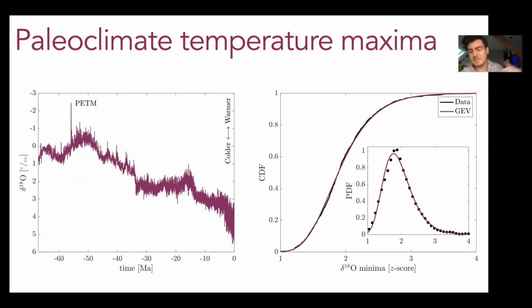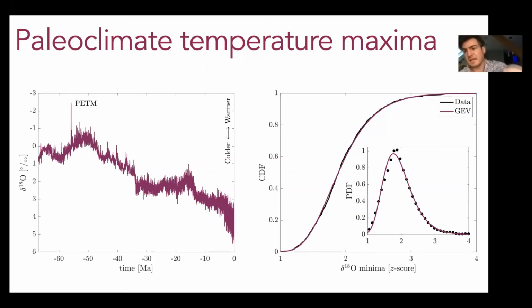A ton of work has gone into looking at this over the last 66 million years. And you see four things. You see a downward trend, which means the Earth's been cooling. You see a lot of little wiggles around that. You can't see it in this plot, but we all know about glacial-interglacial cycles. So in the last 2.5 million years, we see these cyclic jumps between colder and warmer periods. But we also see these really big spikes in temperature where all of a sudden it's boof.